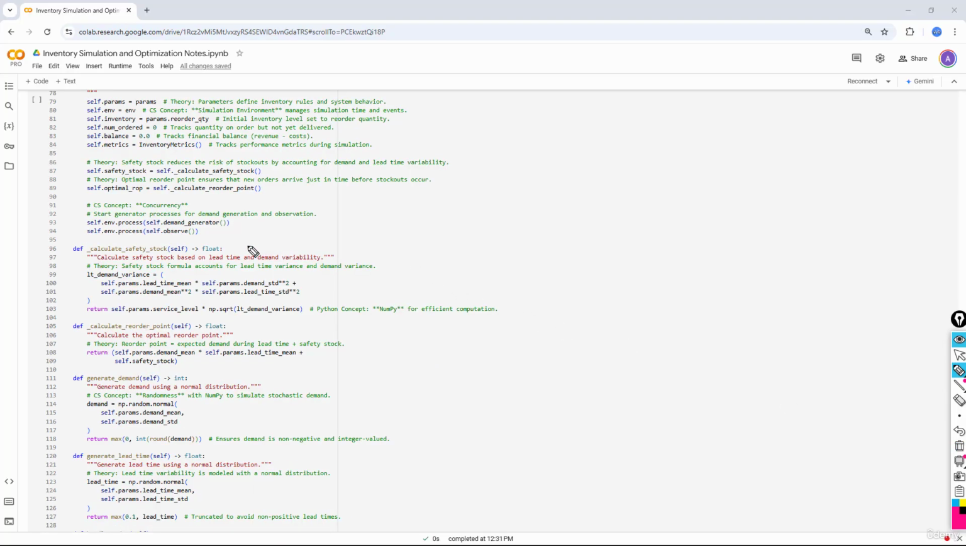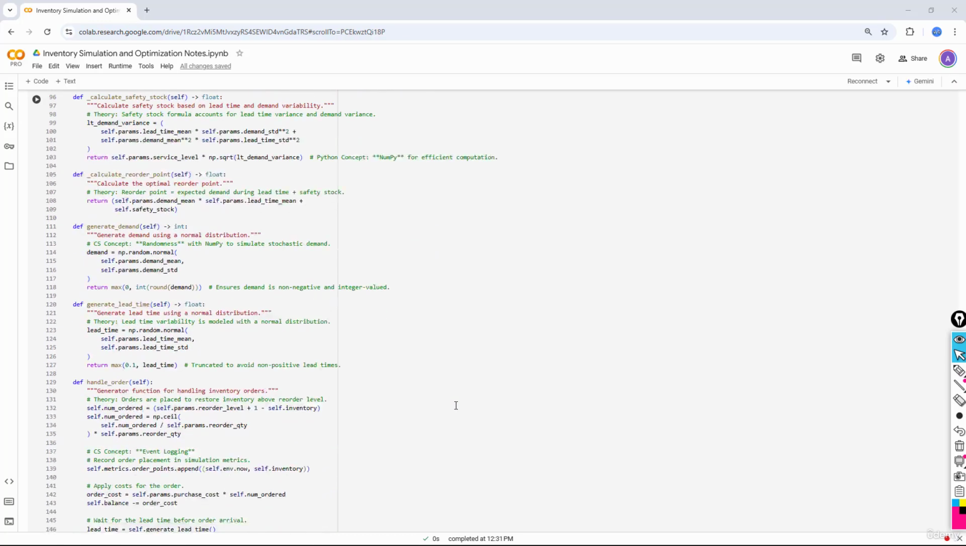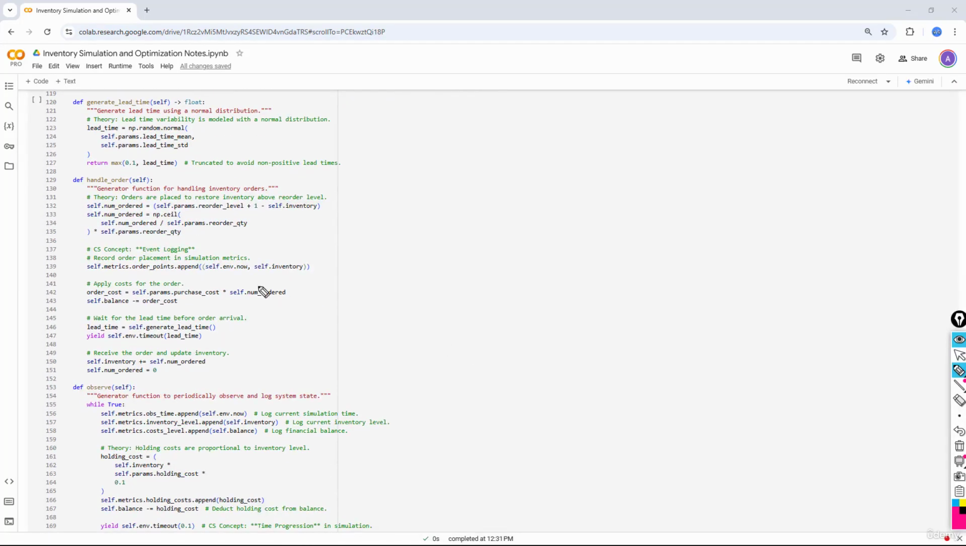And next up, we will define a series of functions which we have seen earlier, like calculation of safety stock, calculation of reorder point, demand generation, generation of lead time, which follows the same models which we have seen earlier. And then we start to create our main generators or main subprocesses, like handling of the orders. This is basically a generator for handling inventory orders. So once the orders are triggered at the reorder point, this particular function or generator will take action, and here